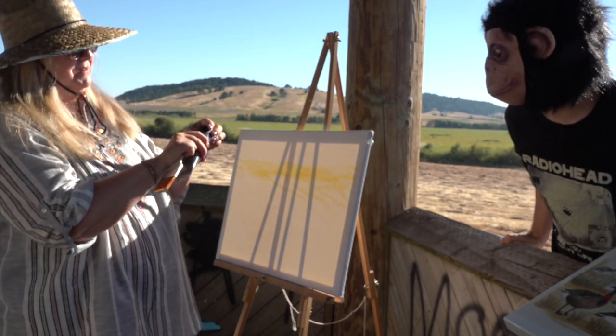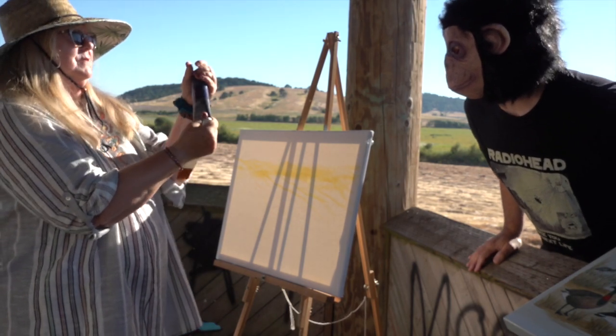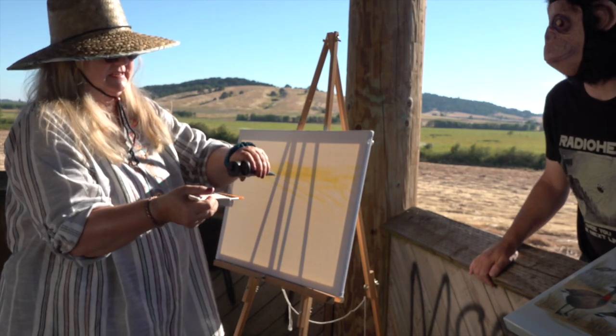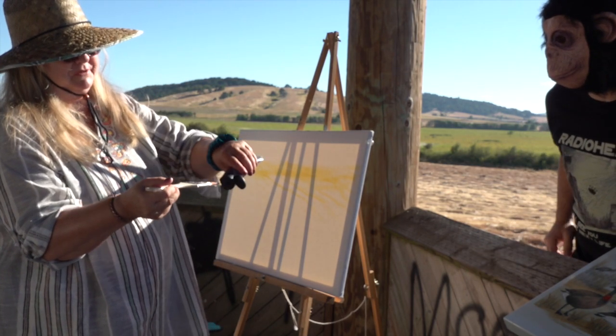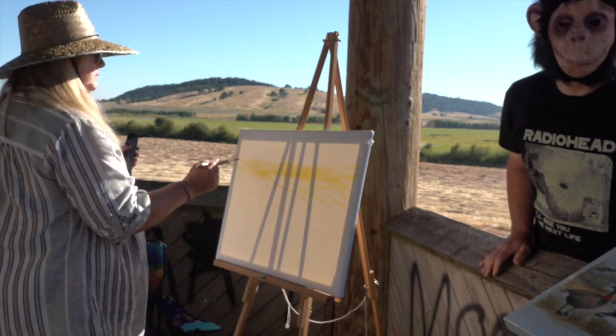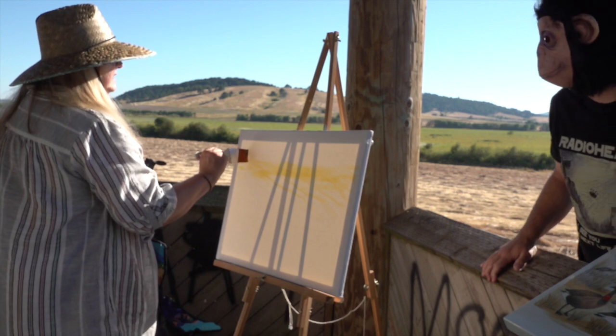Well, I just opened my Master's Touch acrylic paint. Let me have a whiff. Okay, it's from Hobby Lobby, and I'm going to do what I do best, which is put the paint. Even though I have a palette today, I'm going to put a little bit. We're going to make some bushes right here because there's kind of a...